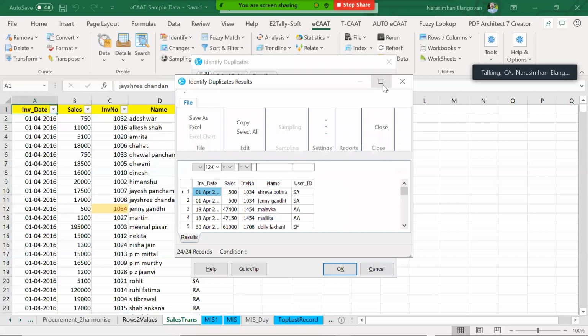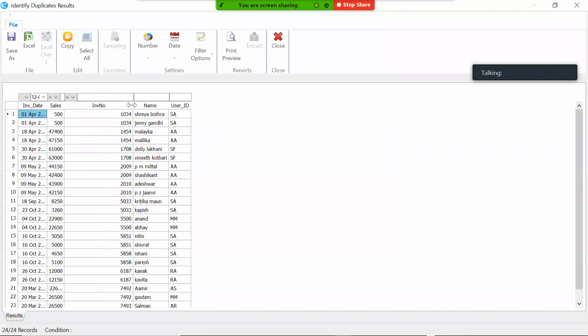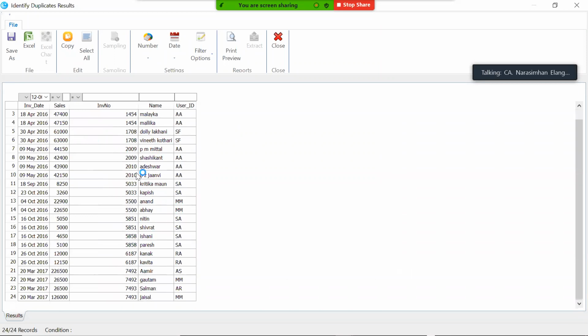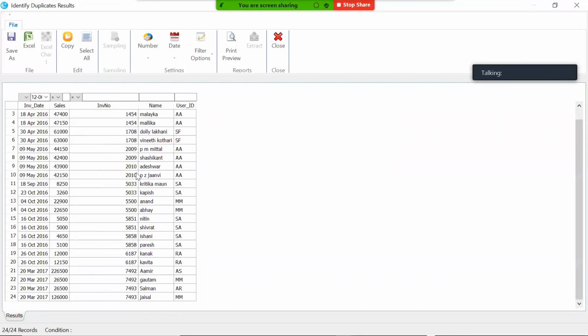Look at this. One shot, I got everything. Can you see how many duplicate invoice numbers are there? Earlier somebody was asking, no sir, Excel was showing 24, 27. So, yeah, here also you got 24. The balance 3 was space. So these are all duplicate invoice numbers. Now you can decide what is the action you have to take based upon this.